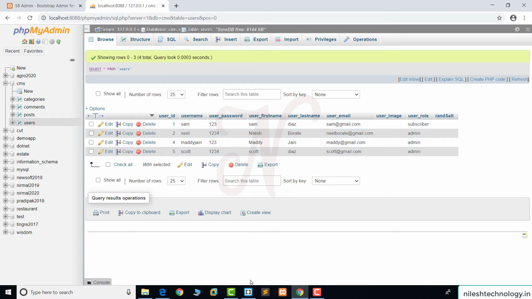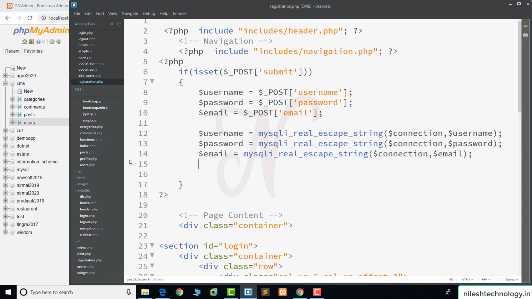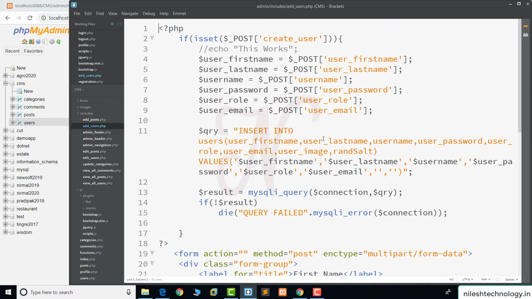We go to the Brackets editor. In this add user section, this is my insert query. Here we insert one default string, so there is no need to pass this empty string. So again we remove this one. Okay, again we save these changes.